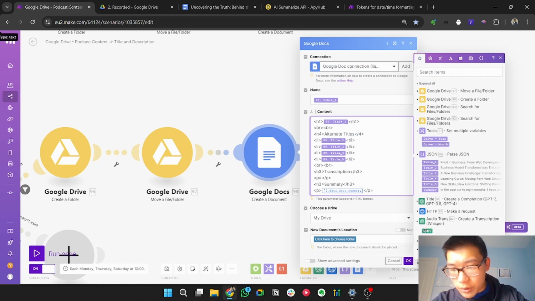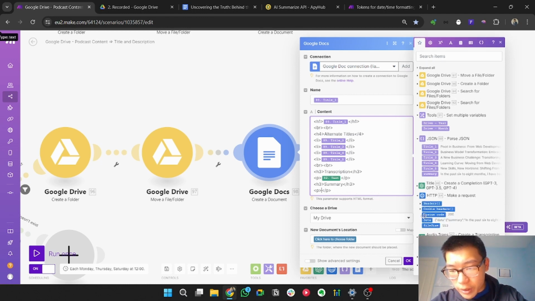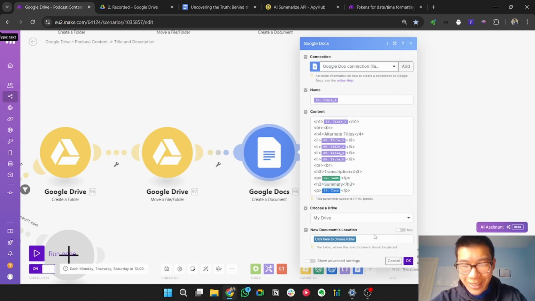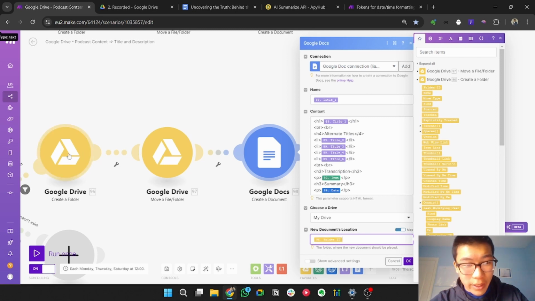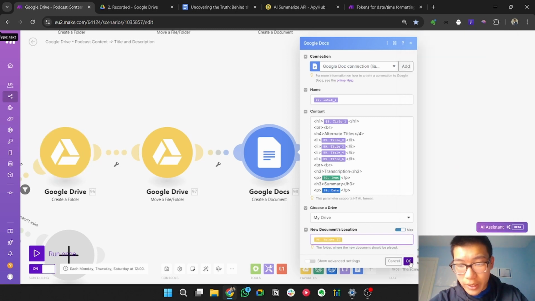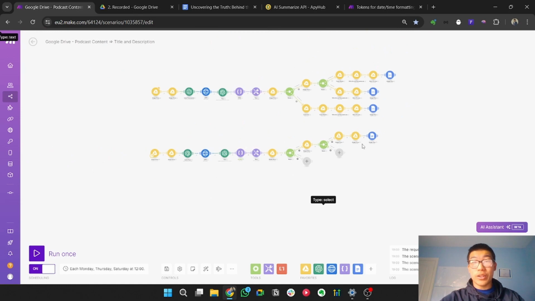And if I just put this is the transcription, so this goes here. And then this is the summary, and this goes here. So look, perfect, all set out, looks perfect. And then now I can just copy and paste this down because I'm not trying to waste anybody's time. The new document location will map it to create folder on 96. So it's folder ID on 96 because we created folder. And boom, that is step one done.